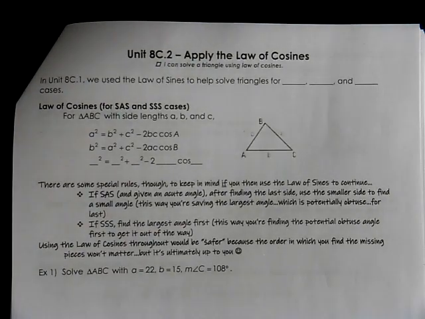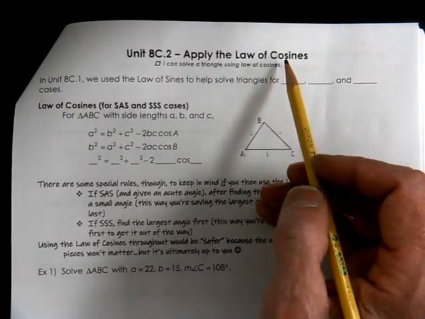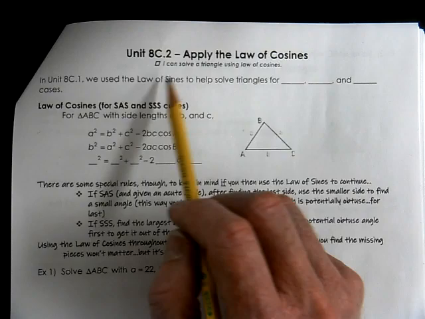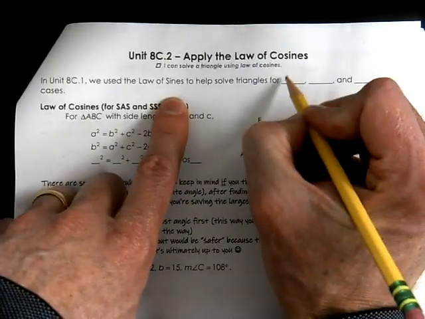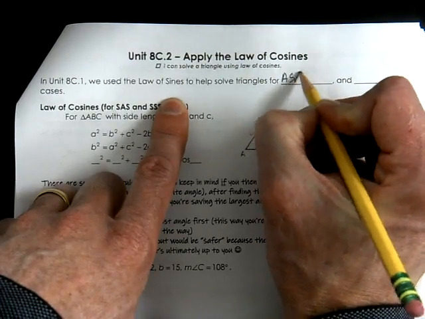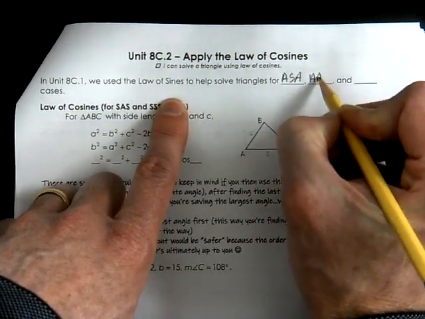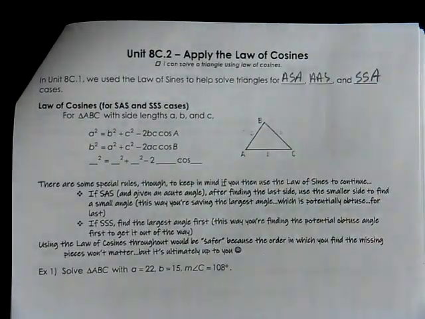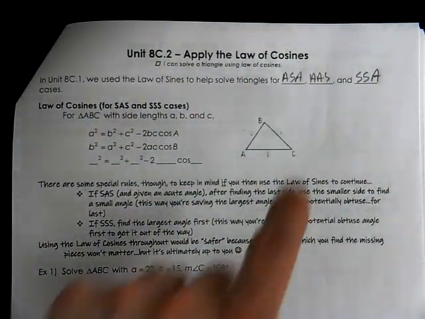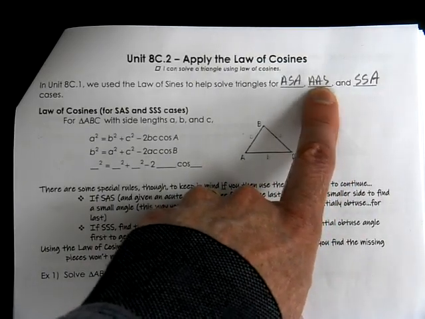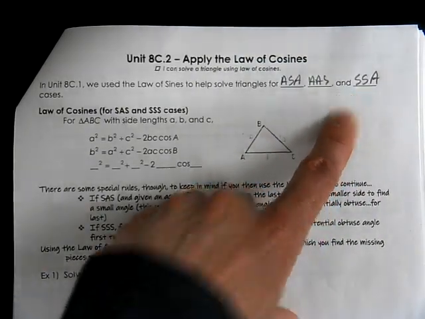This is Algebra 2 with Trig, 8C.2. We're working with Law of Cosines. What we've learned in the past is that Law of Sines we used when we had information about triangles for angle, side, angle, angle, angle, side, and side, side, angle. When our information falls underneath this category, and this category always gives us,